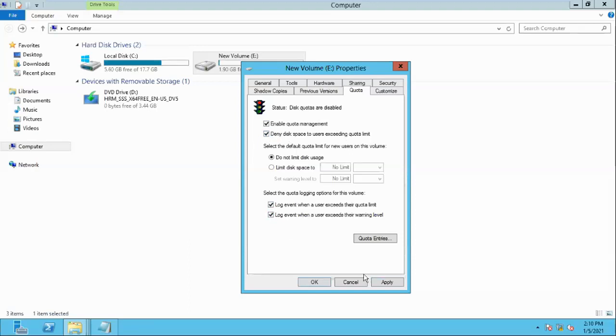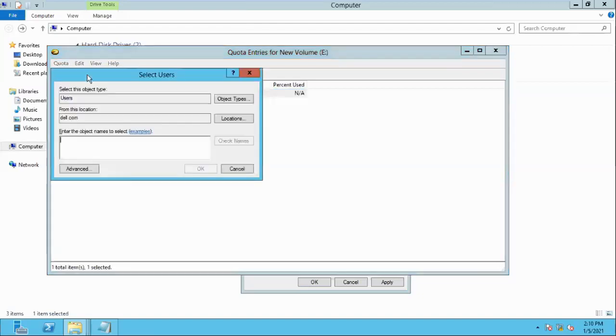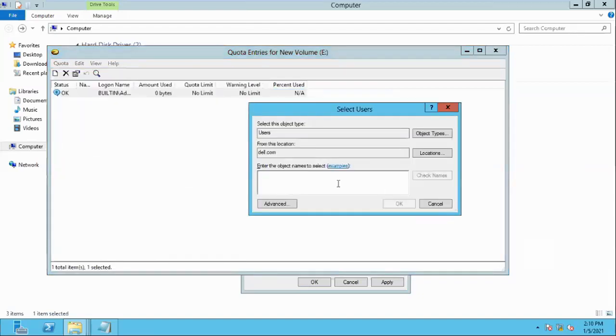Clear? Now quota entries. Click on quota entries. Okay, sir. Click on quota entries. When I click on quota entries, it asks for a new quota entry. Click on new, and here provide the username.